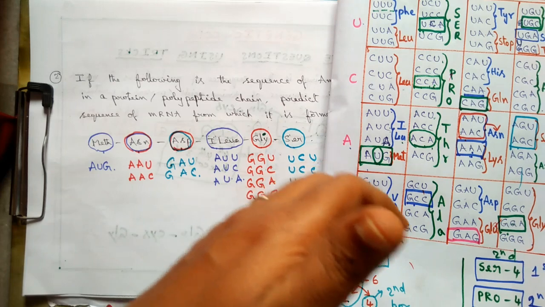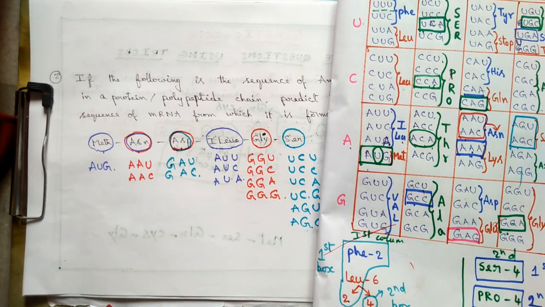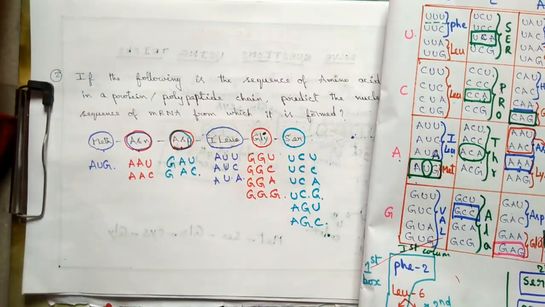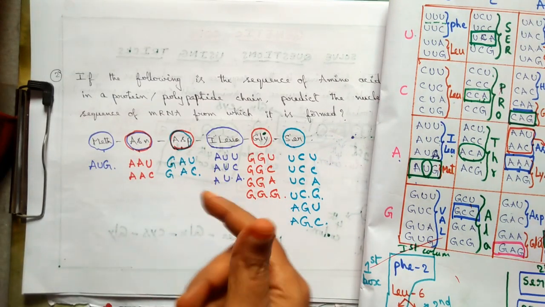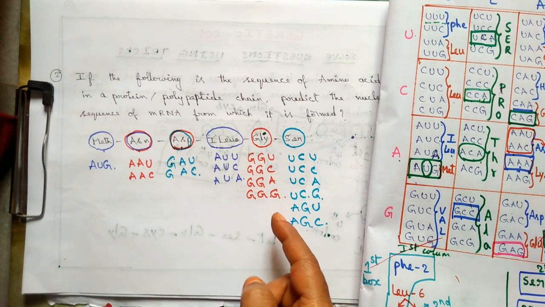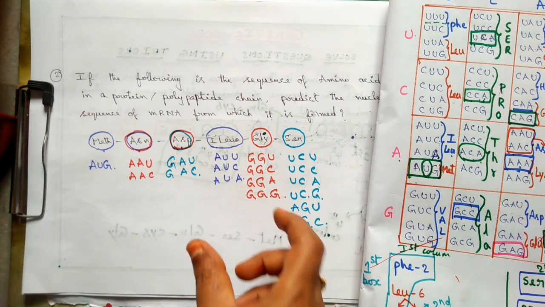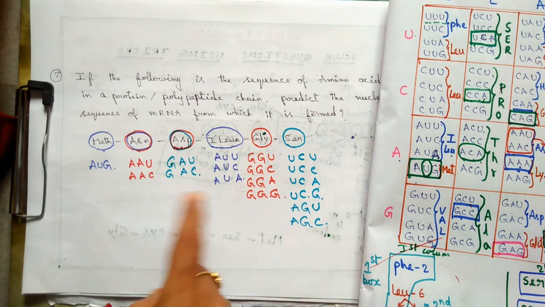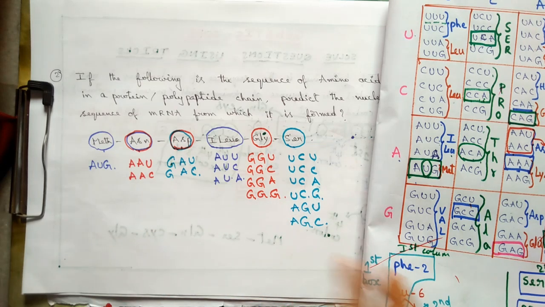That is, a protein chain containing amino acids into an mRNA containing triplet codons. After transcribing like this, you have to observe the options and then choose the correct option. So this is about two types of questions related to the genetic code, which we solved using 3 tricks which I have given in the previous video. Thank you, students.